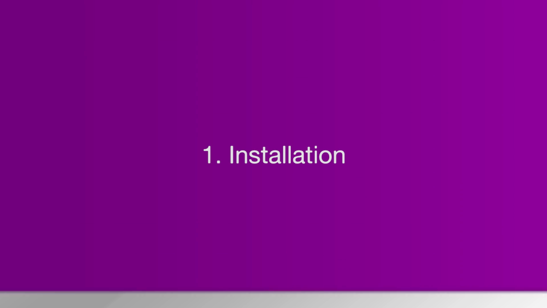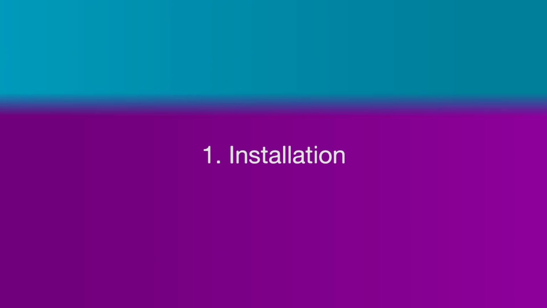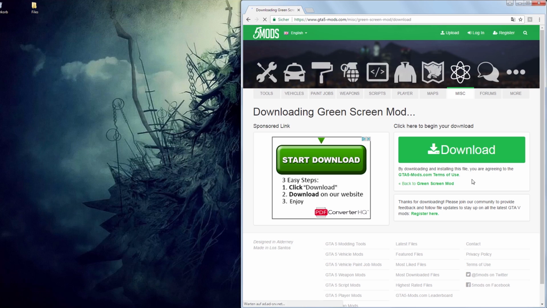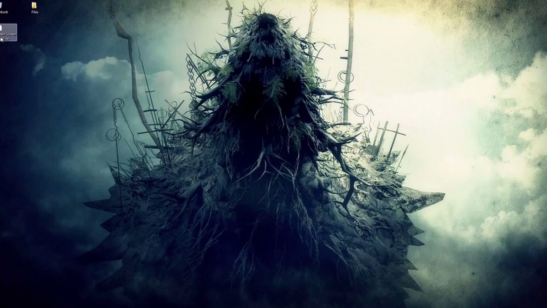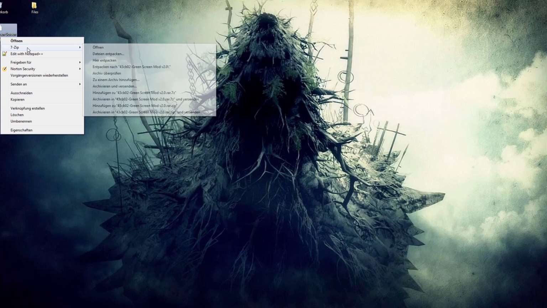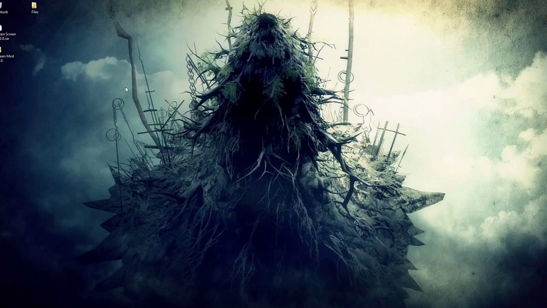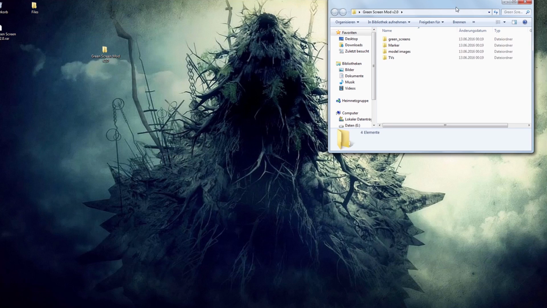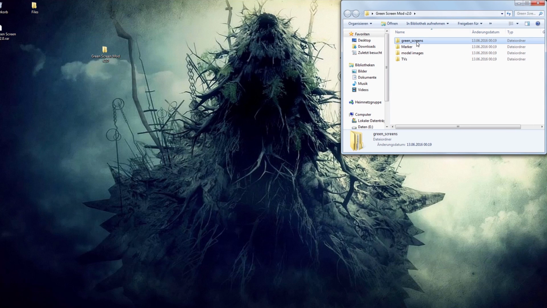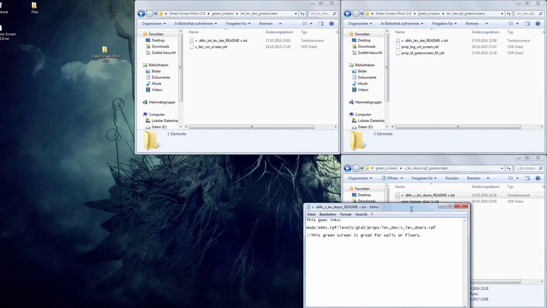Let's go! Step 1. The installation of the mod is pretty easy as always, and if you're ready to use green screens in your videos, I'm assuming you know how to mod your game. So here's just a quick info on how to do it. Once you've downloaded the mod, you can decide yourself which files you would like to install. For starters, you should go for the ones placed in the folder green_screens. Each object has got an individual installation path.